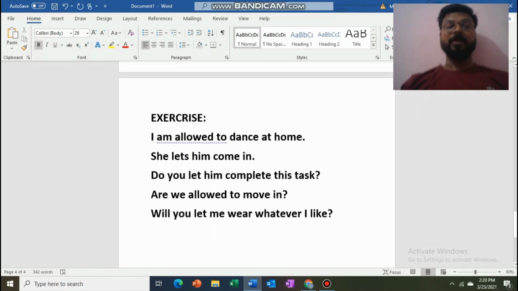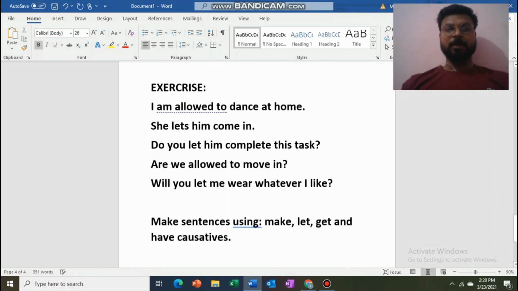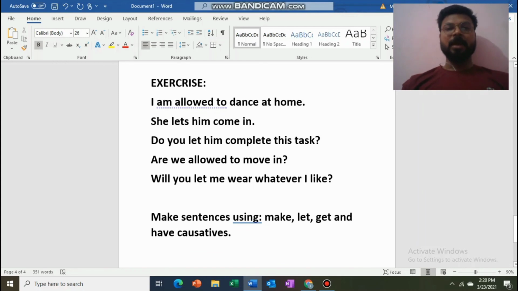Let's go for sentences with have, get and whatever. So I'm just writing the question here. Make sentences using make, let, get and have causatives. Okay, I'm writing the verbs here. I want you to form sentences with it. Okay, so the verbs, the first verb is